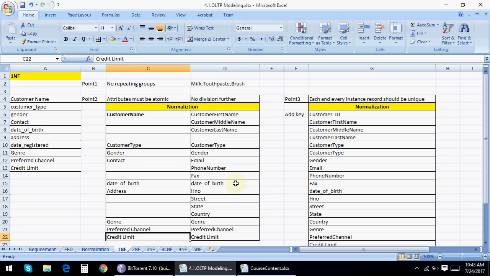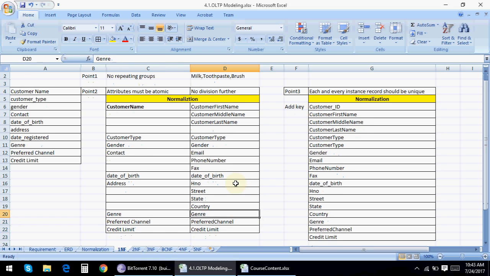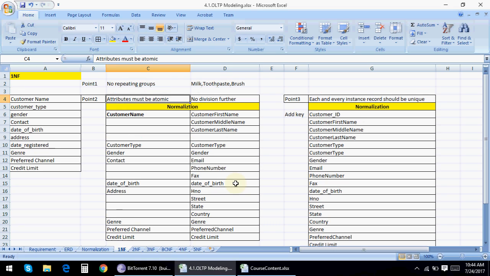Credit limit cannot be further divided. So these are our new list of columns after completion of the second point of first normal form. The second point states attributes must be atomic, so we have made our fields atomic in nature. Now the question is,